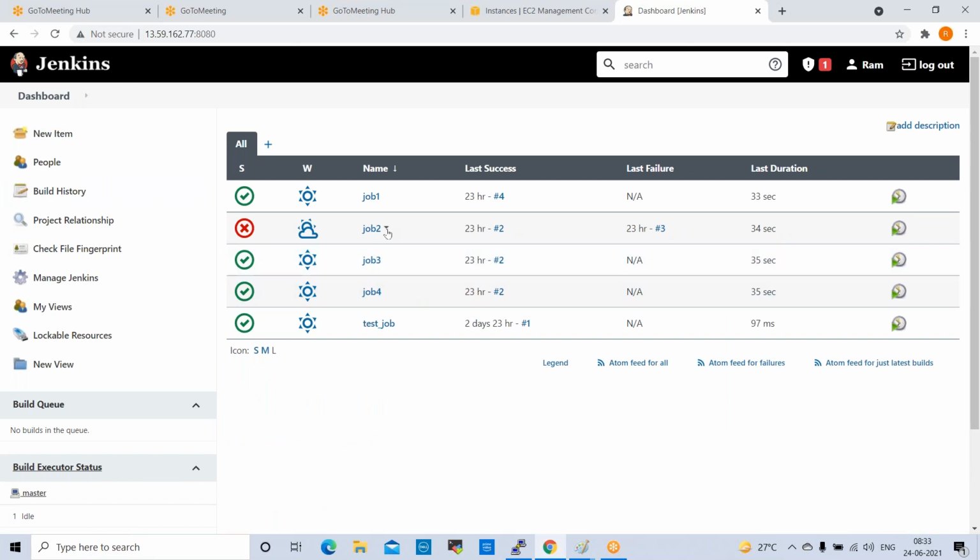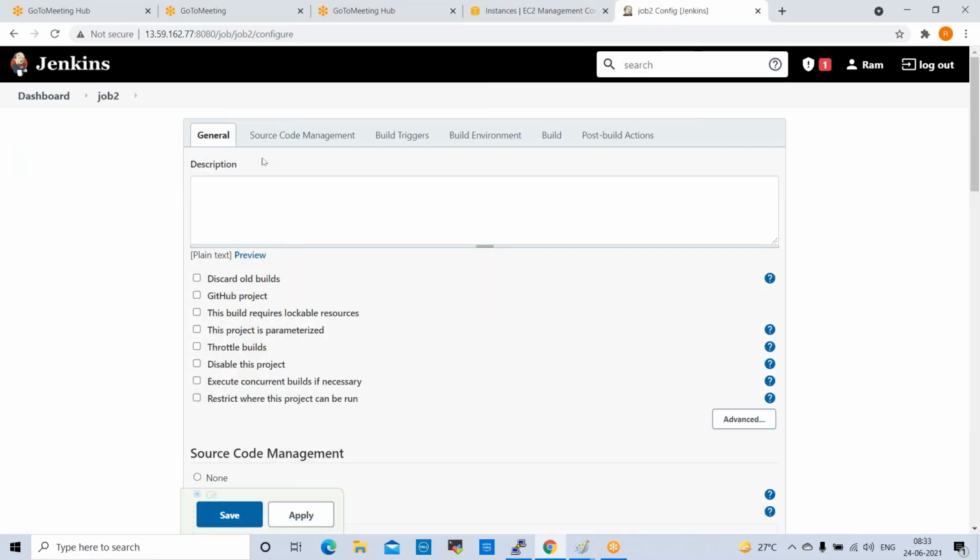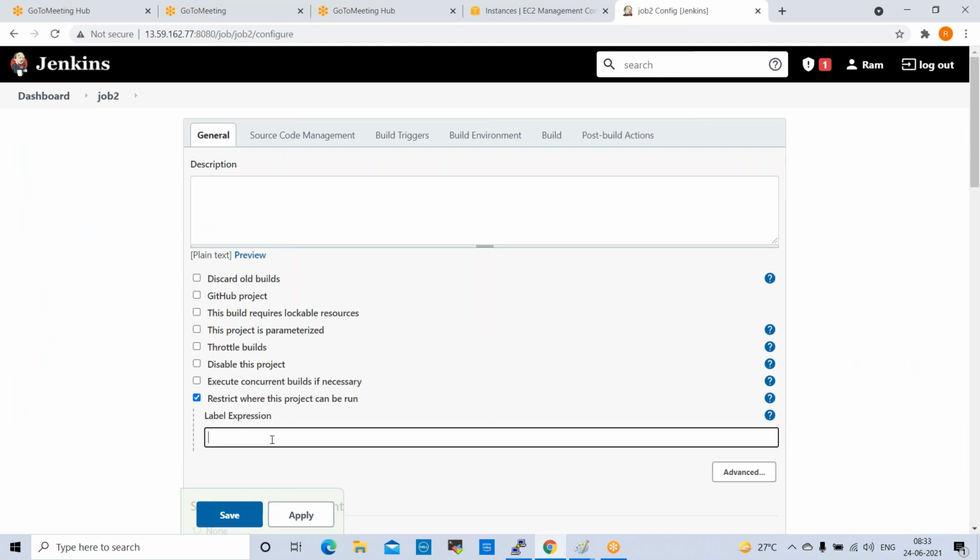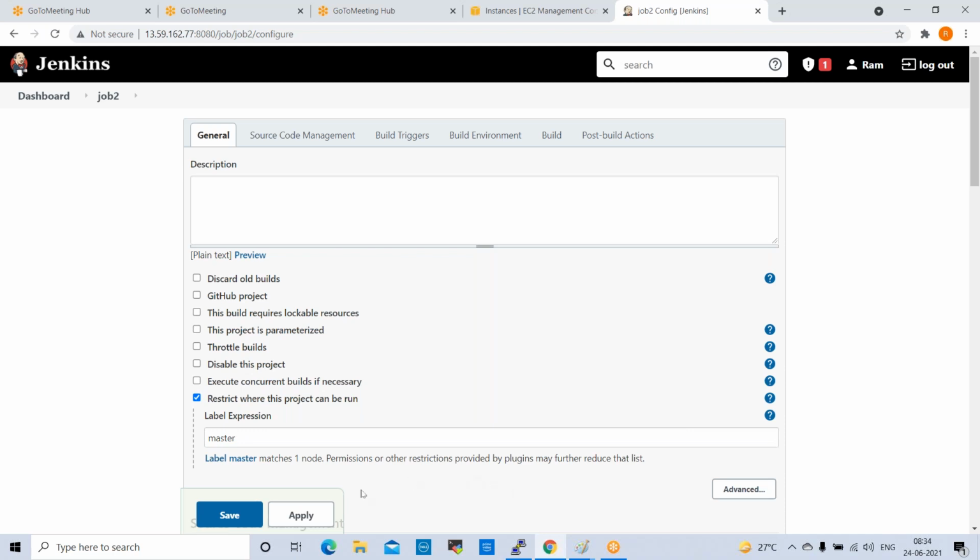Next one, job 2. I want to run this job 2 on master. I want to show you the difference. Normally in real time, we should not run the jobs on master server.